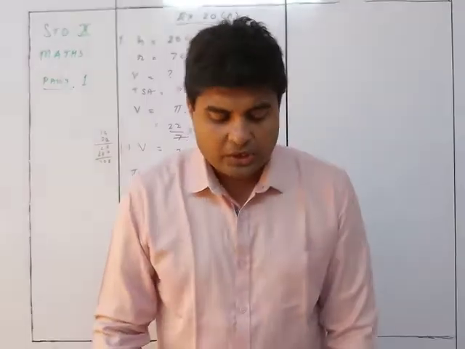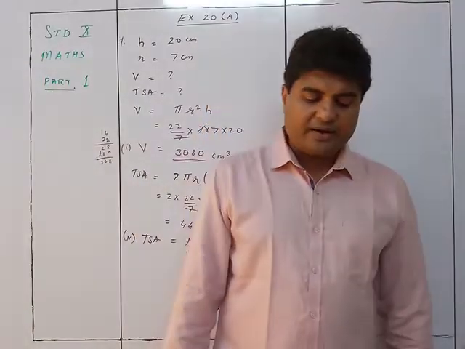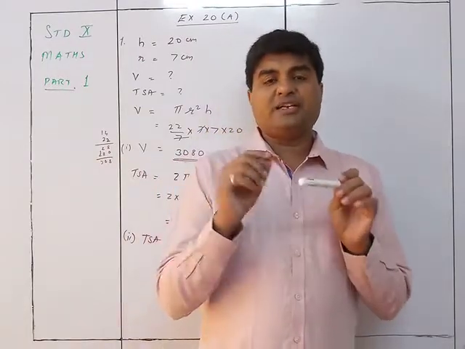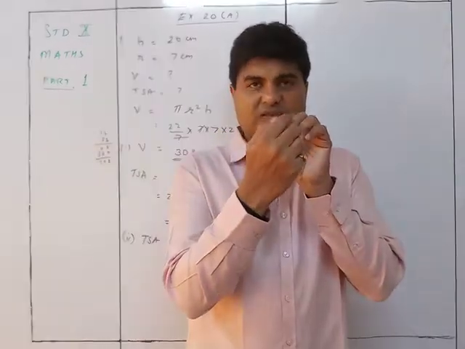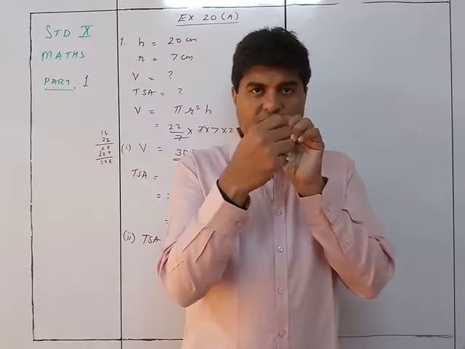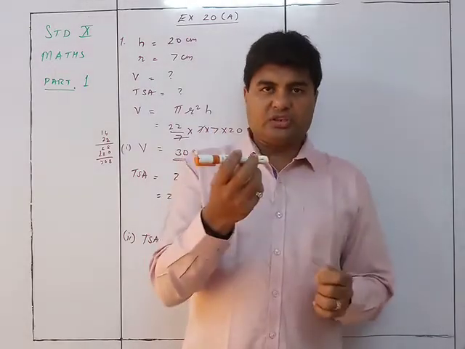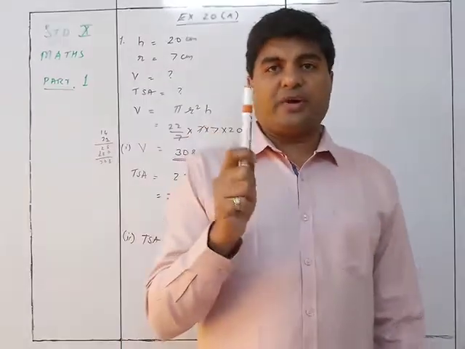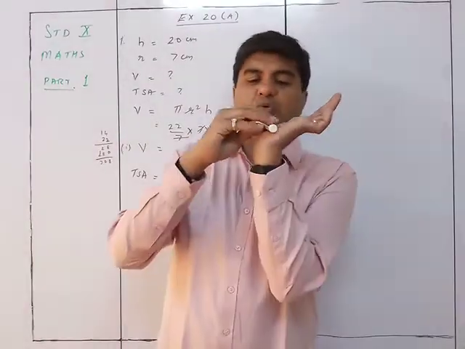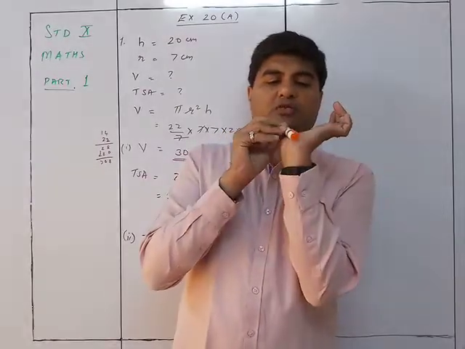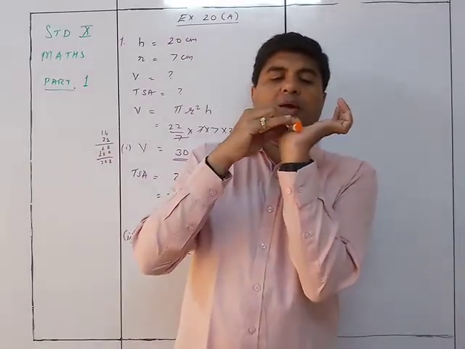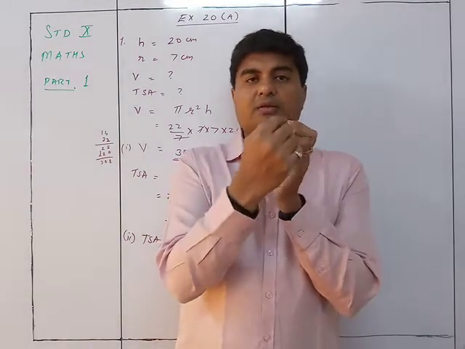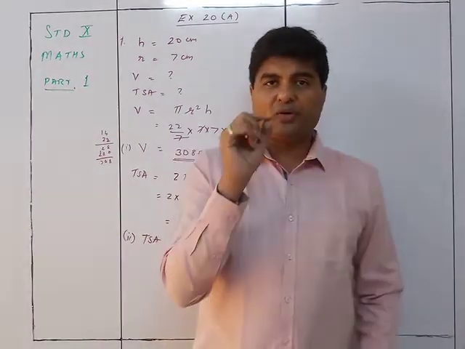So first you need to know the distance traveled by the cylinder in 4.5 seconds. The distance traveled in one rotation is the circumference. The circumference into the number of rotations is the distance traveled. If I start from here, and it comes over here on top, it has completed one rotation. That means it has traveled the circumference.